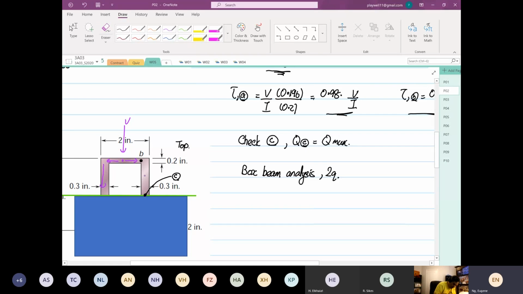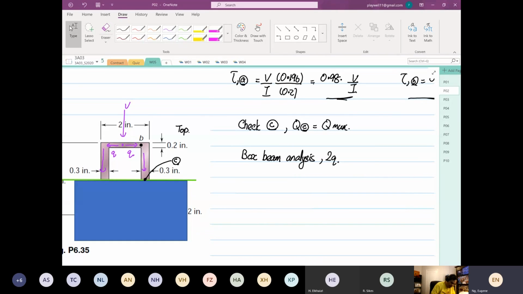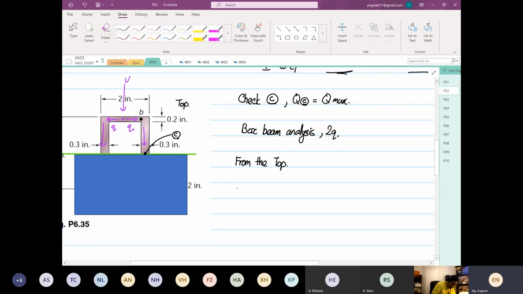That's why you got one Q here, one Q here. That's why you have to consider 2Q. Next, we're going to find the first moment of area from the top. So the first moment of area, Q, for point C is equal to what we have calculated before, where the flange is 0.392,